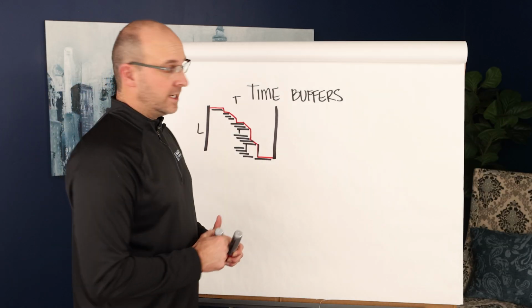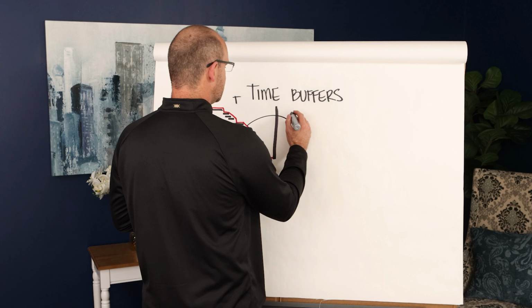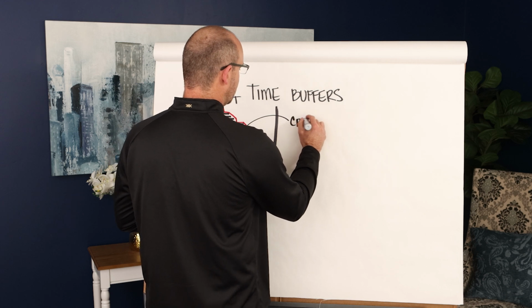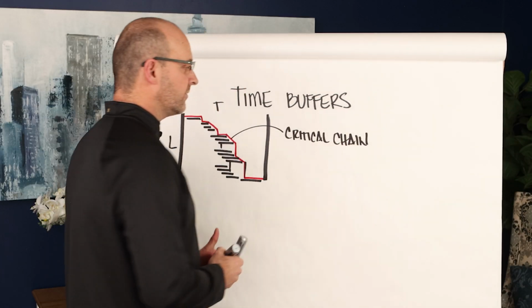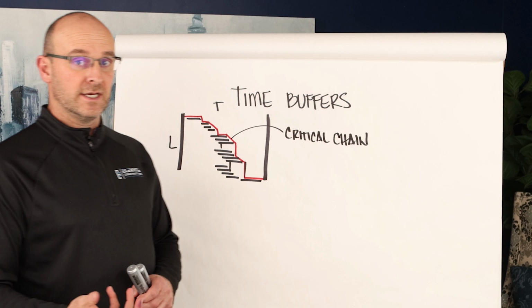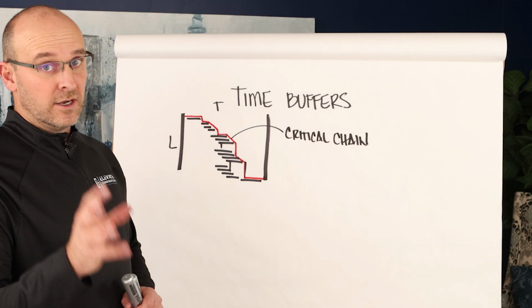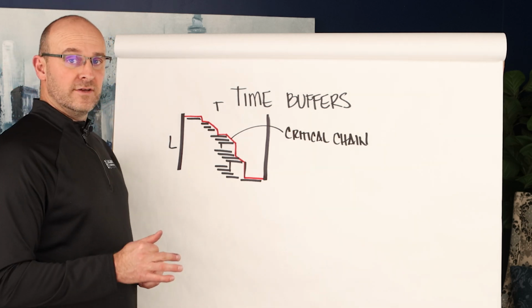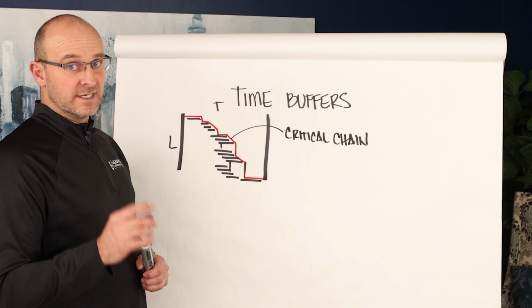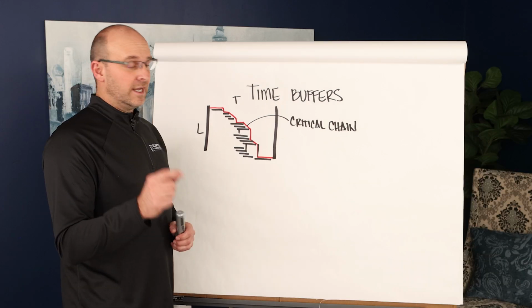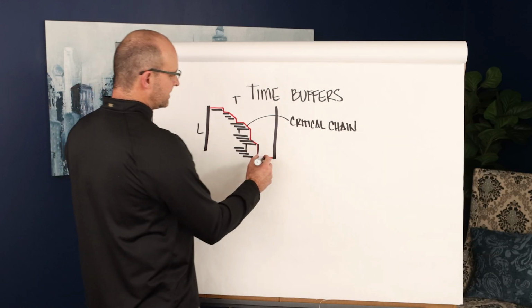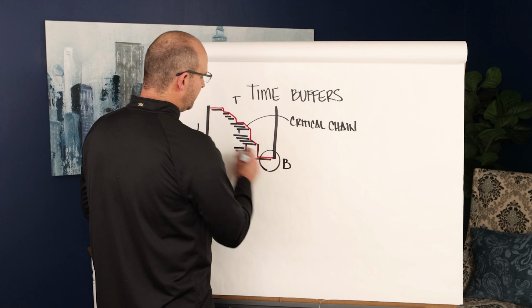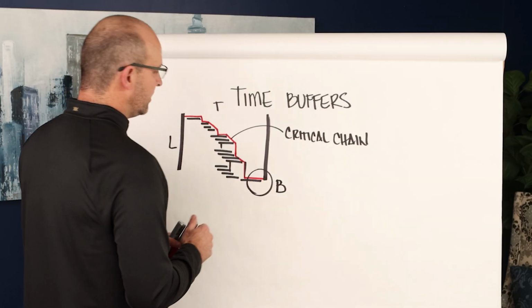There is another name for this, and this is called a critical chain. What is the difference between a path of critical flow or a critical chain and a critical path? First of all, we on this YouTube channel do not believe in critical paths because they don't have buffers. They don't have schedule contingency. You must have buffers at the end of your overall production plan. And here's how it's put together.